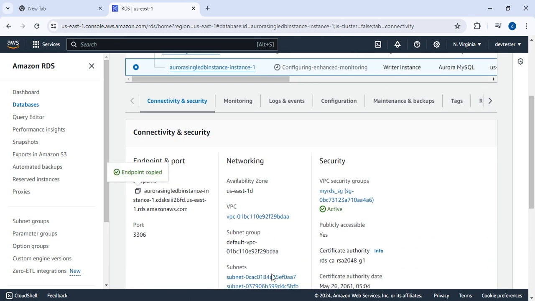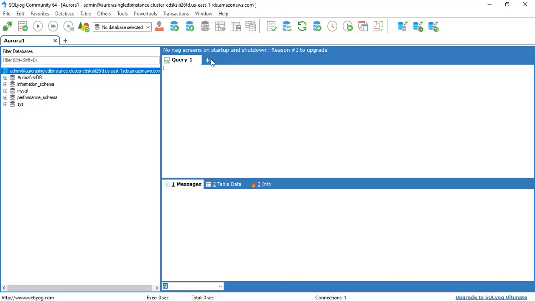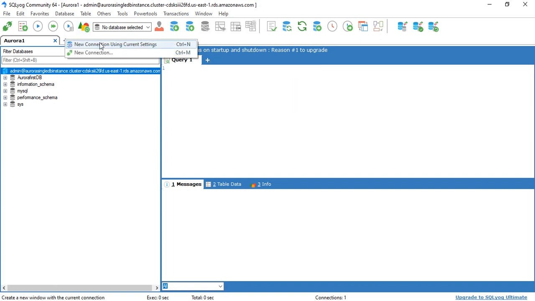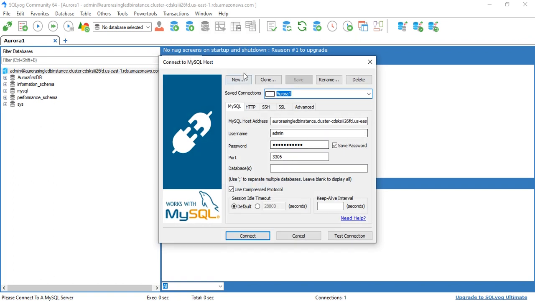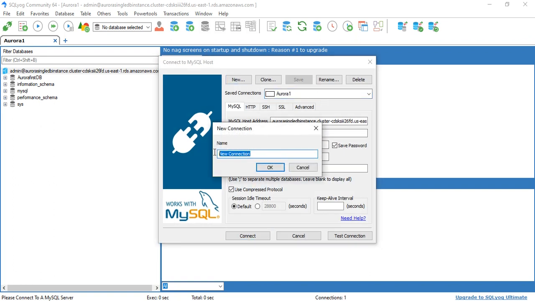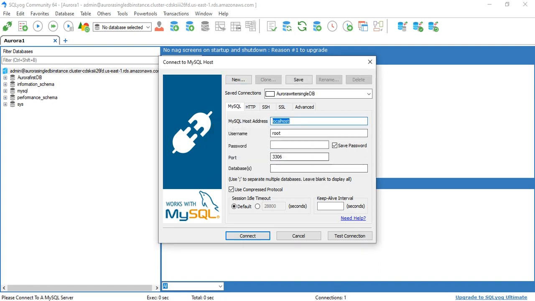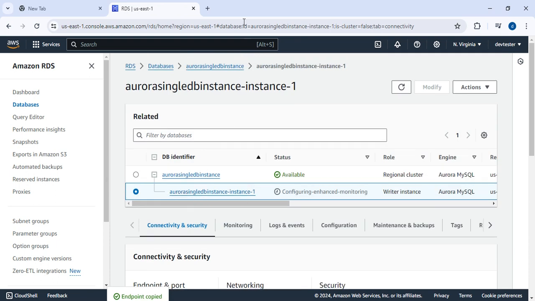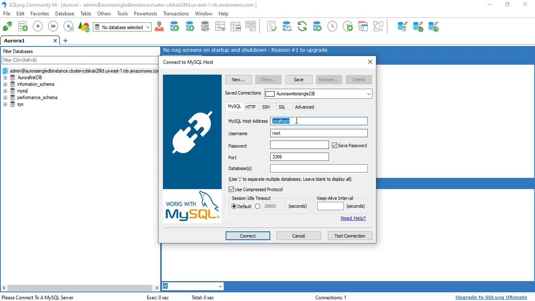Okay, just connect this endpoint and open this additional tab. Otherwise here you can open the additional tab, new connection, new Aurora writer single DB. Okay, and just copy that. Yes, it has been copied as it is writer instance,